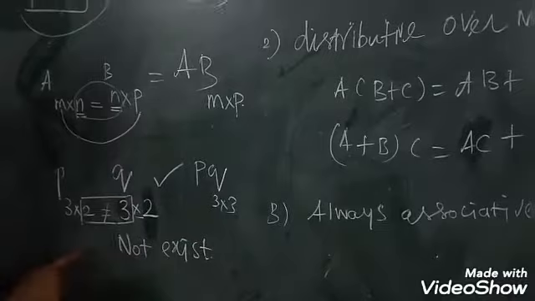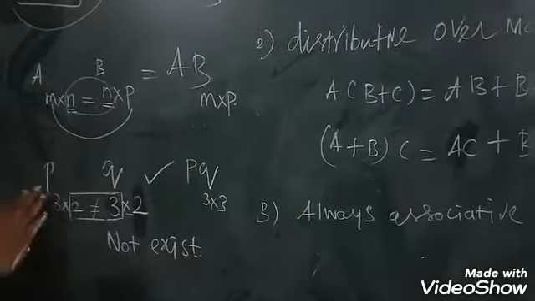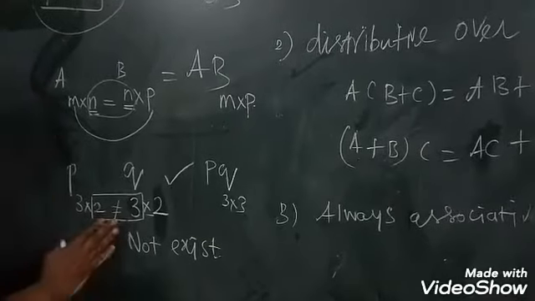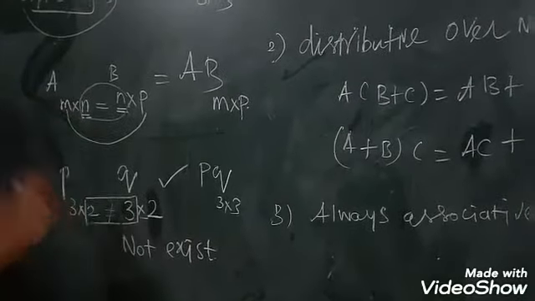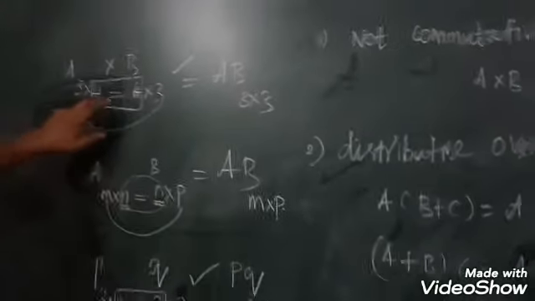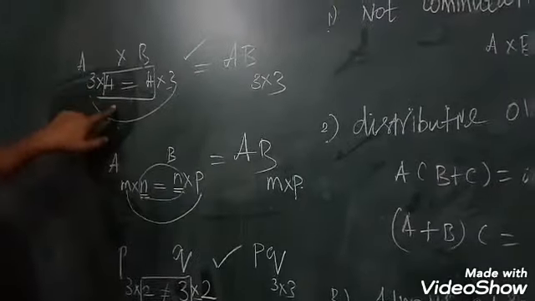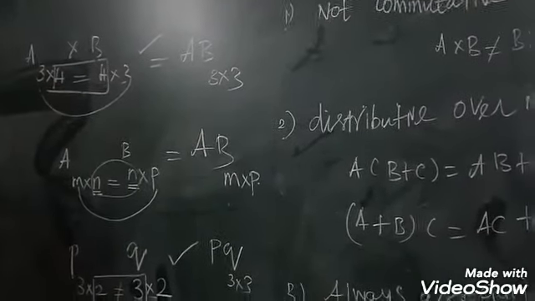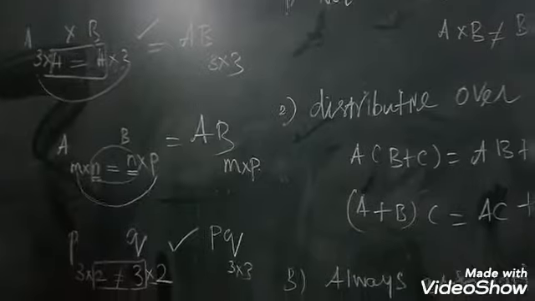Okay girls, now we will understand this step. The first matrix column and second matrix row should be equal, only then can we multiply. So what we have to do is, first we want to find out the orders of the two matrices. Then the column of the first matrix and the row of the second matrix should be equal. Then only we should multiply.